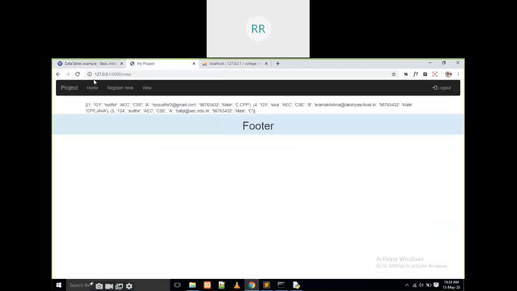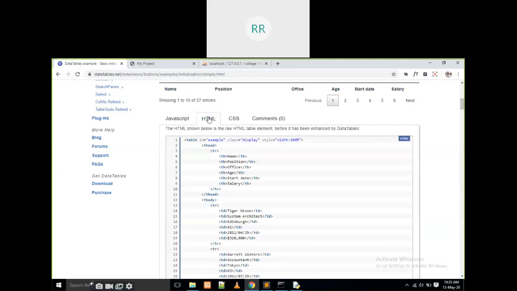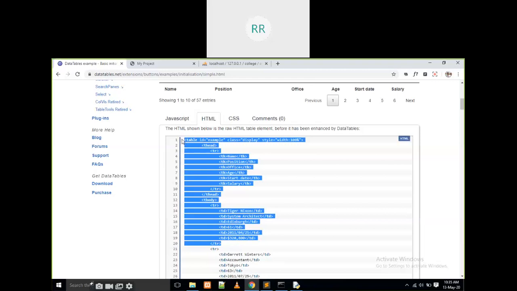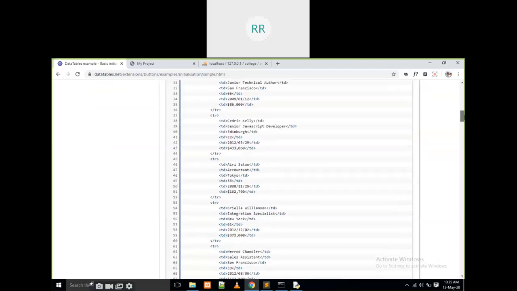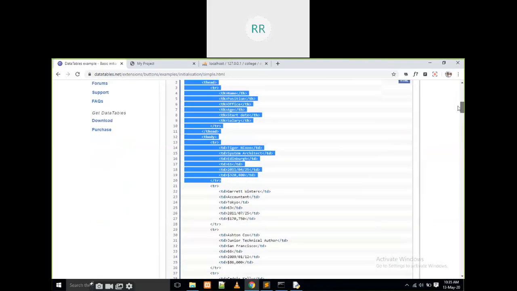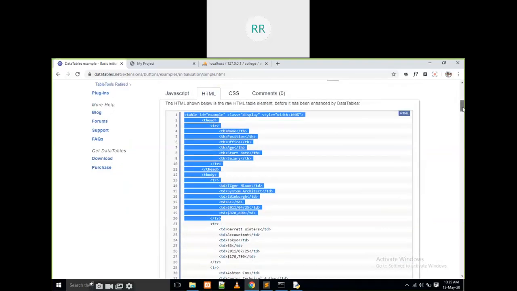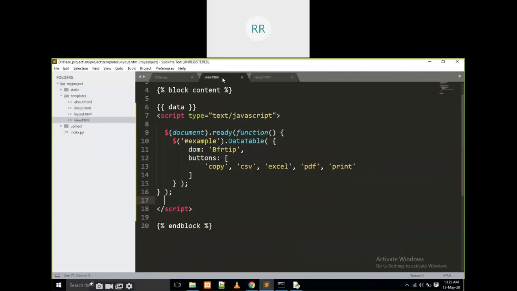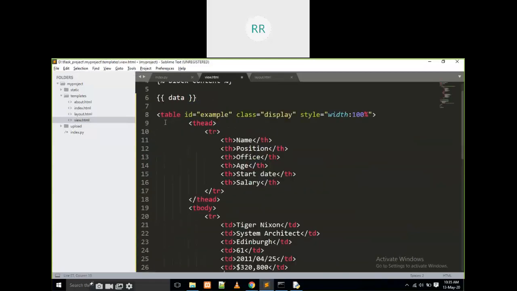If you check, is there any error? No, there is no error. It will be plain like that. Now, what is our next step? In the HTML file, we have to copy this one. There is no need for the whole file, because it will take a number of records, and these are dummy records, right? I am going to copy only the basic structure. I am going to copy this one, and in view.html I am going to paste it here like this.